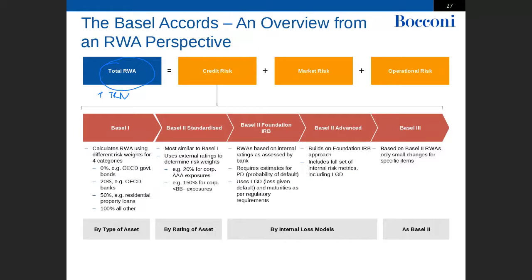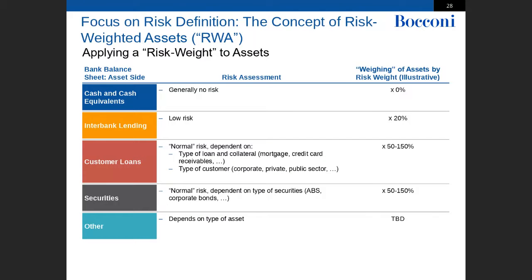Okay, 1 trillion of assets, but those assets need to be calibrated and weighted in terms of risks based on credit, market risk, and operational risks. You have heard over the years Basel 1, Basel 2, Basel 3, and so forth. Doesn't matter. All these committees in Basel were dedicated to establishing the rules for how you calculate the risk-weighted assets.